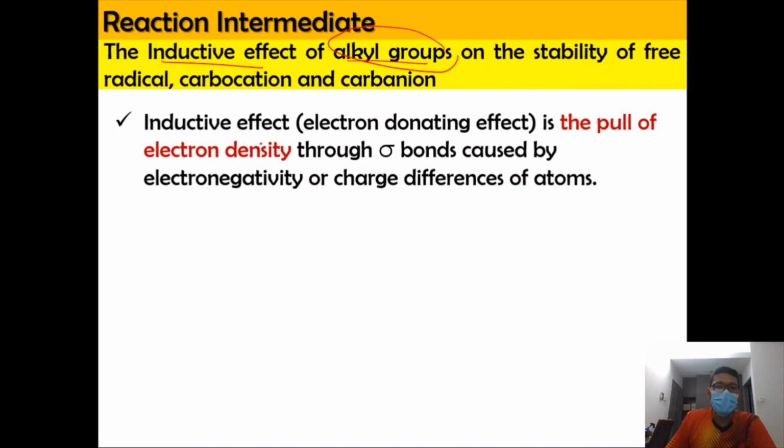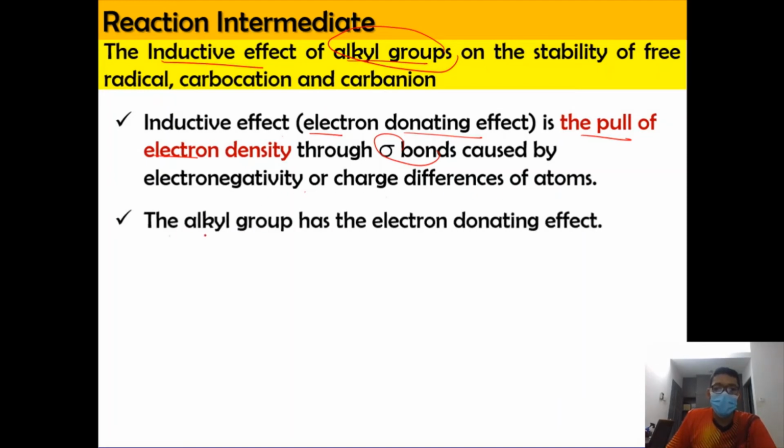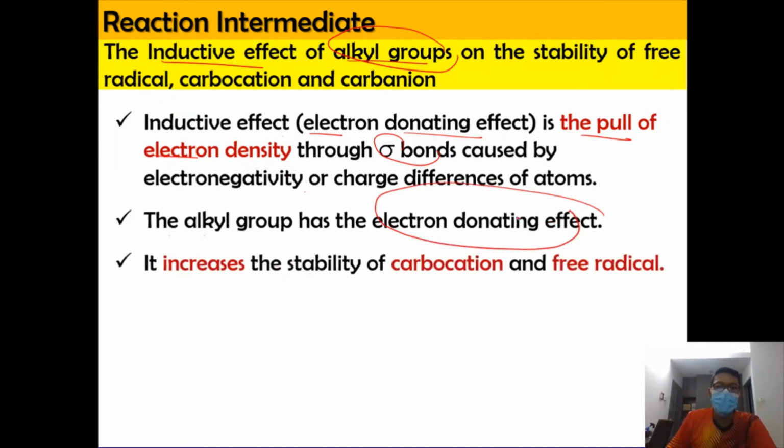So basically, the inductive effect is an electron donating effect, and it is the pull of electron density through the sigma bond caused by the electronegativity or the charge difference of atoms. Okay, so the alkyl group, the R group just now, will have the electron donating effect. And because of it having an electron donating effect, it will increase the stability of the carbocation and the free radical. Okay. However,